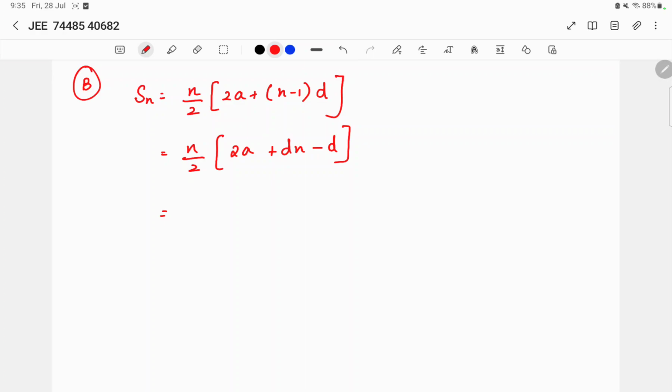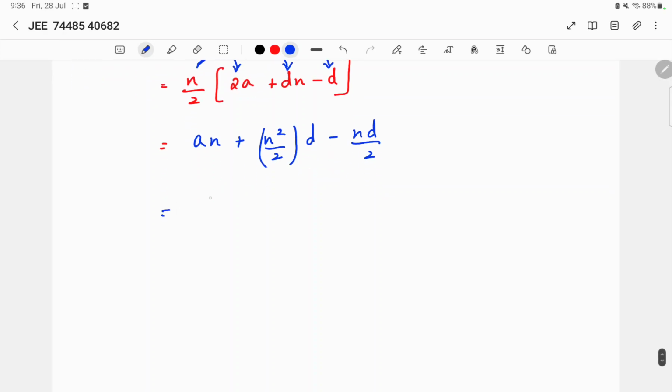Next what I am doing, I am multiplying this n by 2 inside. So if I multiply this n by 2, I have to multiply to this term, as well as to this term, as well as to this term. So now I can cancel this 2 and 2, and I can write this as an plus n square by 2 into d, minus nd by 2, like this I can write. Now I can write d by 2 n square